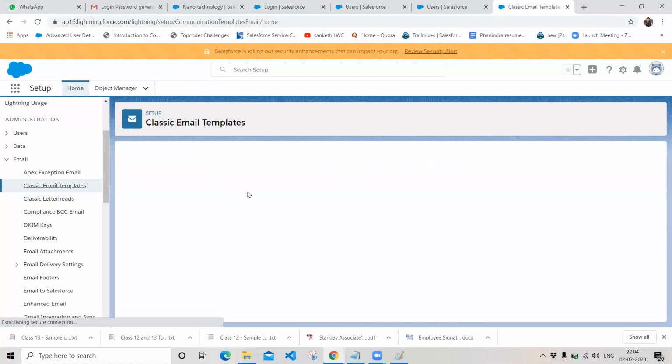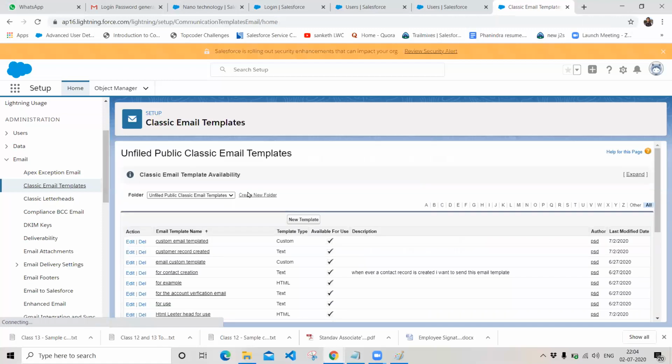So now let's go to the concept of creating workflows in our organization. As I said earlier, workflows are a process of automating your business requirements. Suppose whenever a record is created, I want to send an email message to a customer. In that case, you need an automated action.